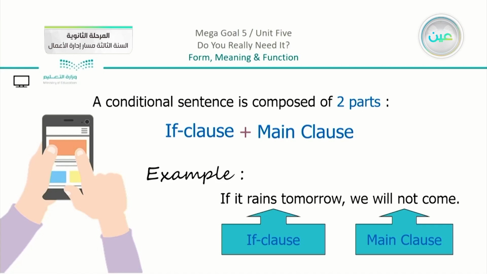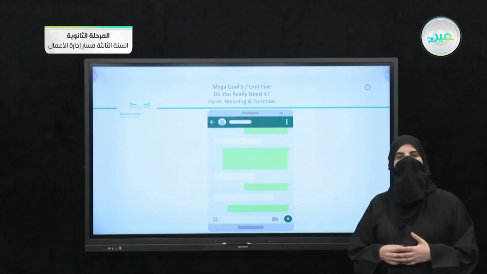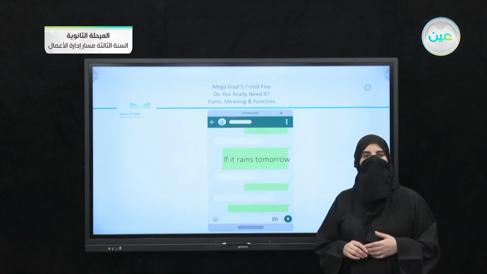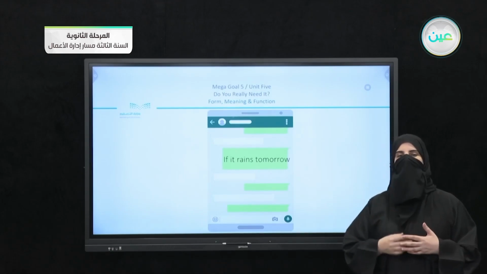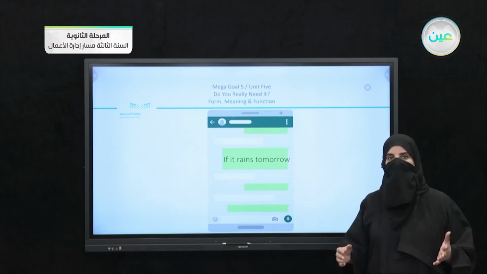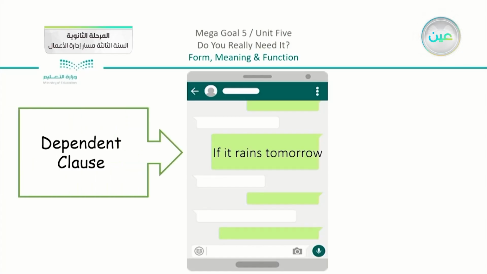We are going to just imagine that we have a kind of a chat in our phones. So just imagine that you have received a text message from someone, and this person just wrote for you, if it rains tomorrow. So if you just receive this message, if it rains tomorrow, here you would feel that there is something missing. So since there is no complete idea here, or no complete message, this is going to be the dependent clause. And you can see that there is the if, which means that if clauses are